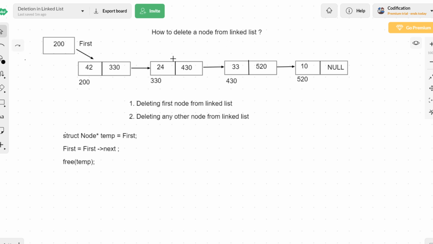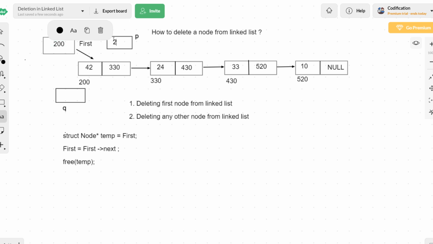Okay. Now let me just get back. Now we'll do the step by step procedure. Let me take two more pointers. One pointer is P, and the other pointer that I'm going to take is Q pointer. So this pointer name is P and this pointer name is Q. The P pointer will by default be pointing to the very first node. The address of the very first node is available in the pointer first, so take that and store it here.